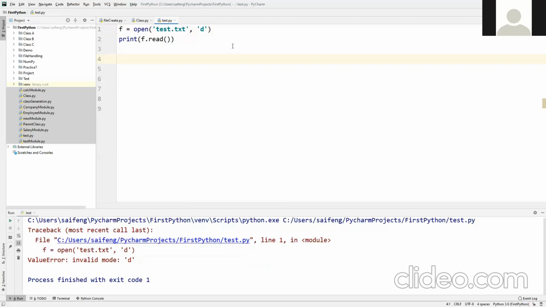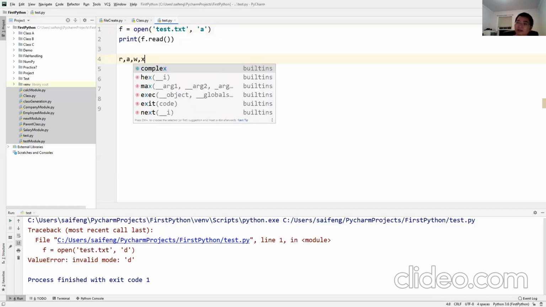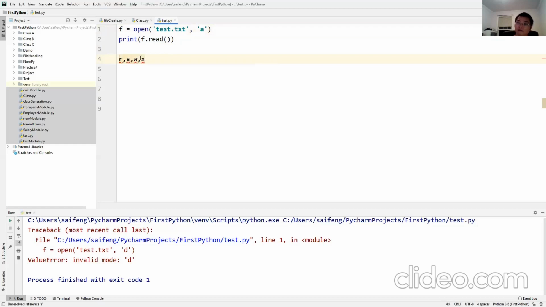A. Why A? A is append, because A adds to the file. Okay, let me tell you. We said R, A, W, X, among the 4 different modes.